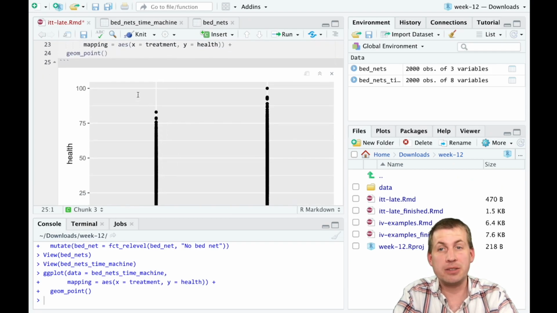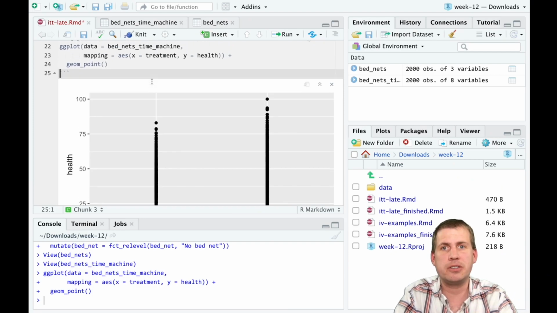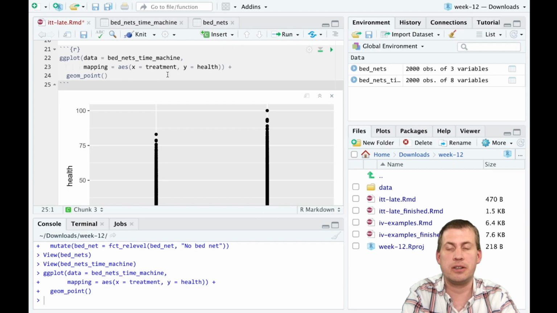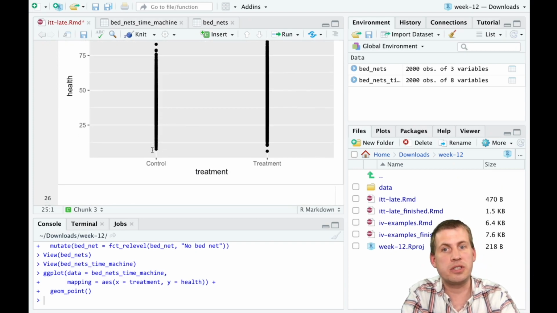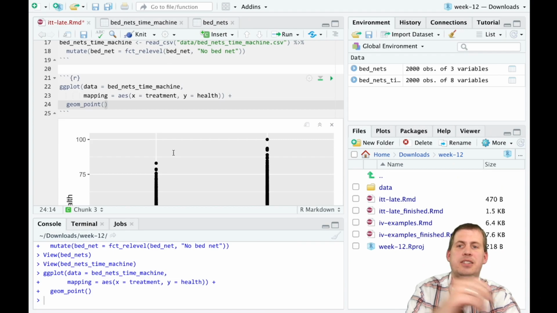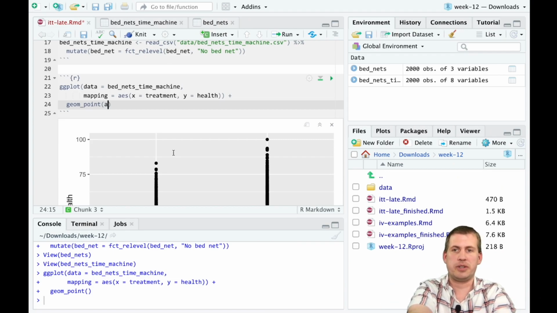Because we have this time machine data, we also want to be able to divide these people into categories: whether they're a never taker or an always taker, and whether or not they used the bed net, and so if they complied or not. So what we can do is add some additional aesthetics here. Inside geom_point, we can say